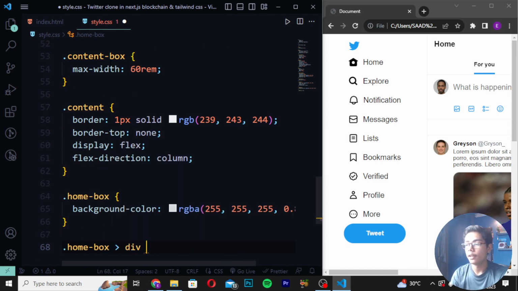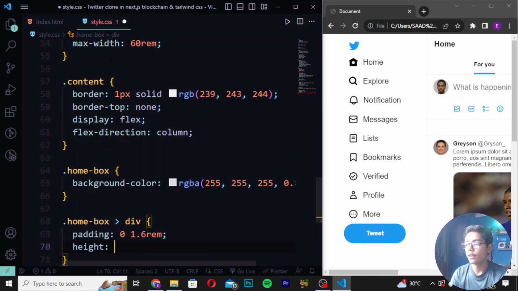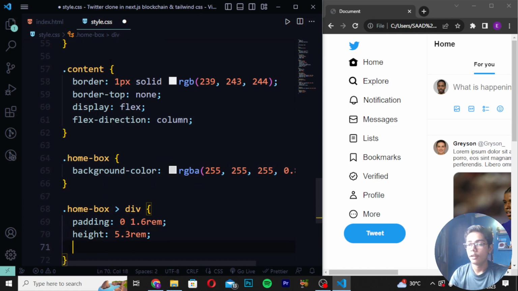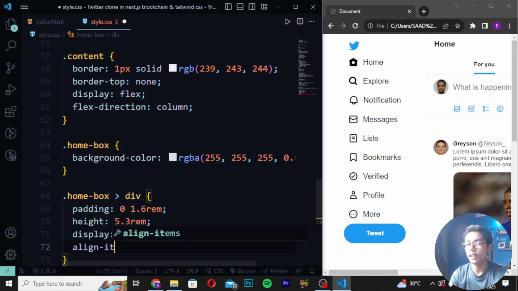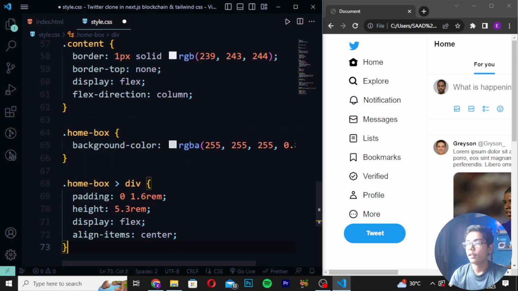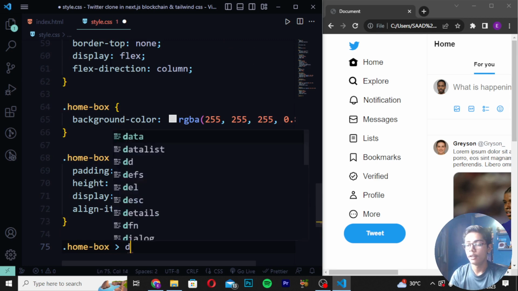And here I will be now writing this, create padding as 0.1.6 rem. Then I will be writing height as 5.3 rem. Then I will be moving down, and after moving down, just you have to write display should be flex, and I will be now writing align items center. Then you have to create home box, and I will be now just writing this tag here, write div h2,